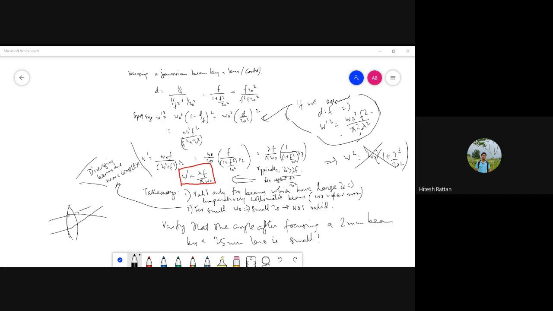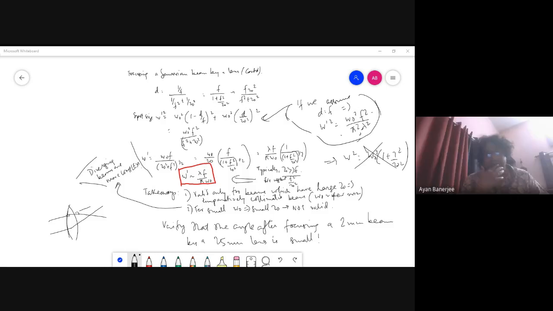Why are we considering this particular construction where we have placed the lens at the beam waist? What if we shift it? I made life simple. I can give you a problem where you get a propagation. But the approach will be exactly the same, Hitesh. See, as I told you, I made life simple by saying that I do not assume propagation before the lens. If I assume propagation before the lens, my ray matrix would have been different.